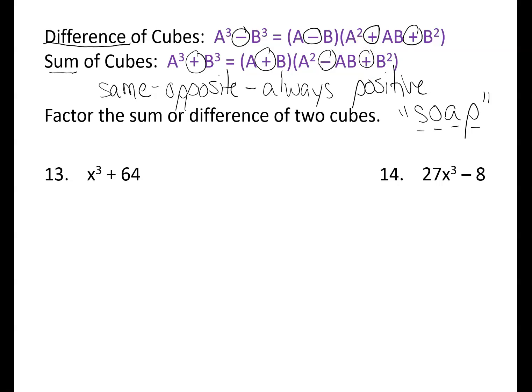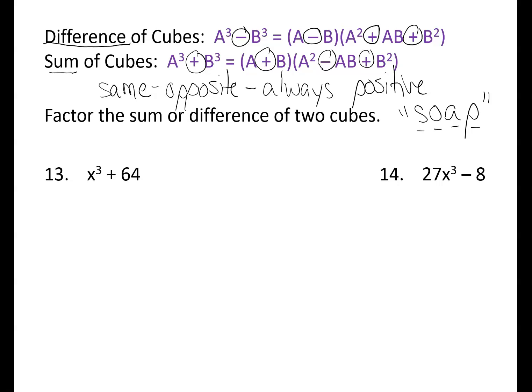You will still have to memorize the A squared, AB, and B squared. But if you do your homework, by the time you finish, if you write down that formula on every problem, you should have it memorized. Let's try some examples. So number 13, we've got an x cubed, which is a perfect cube, and a 64